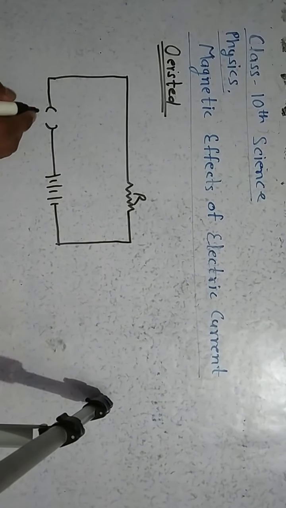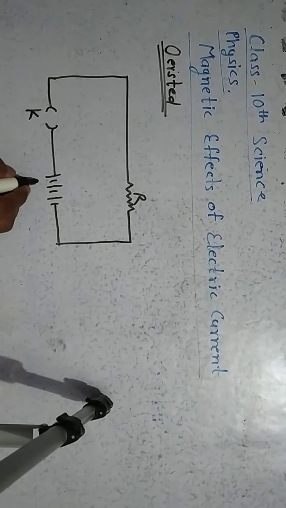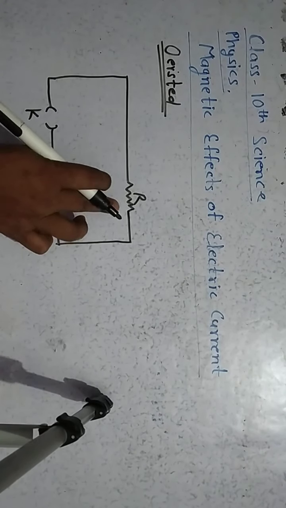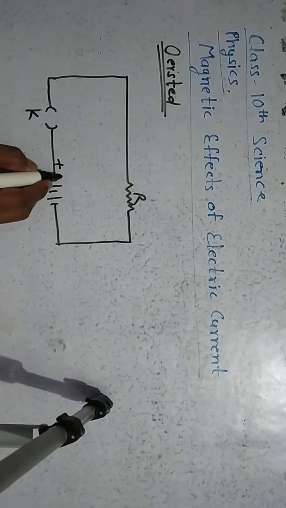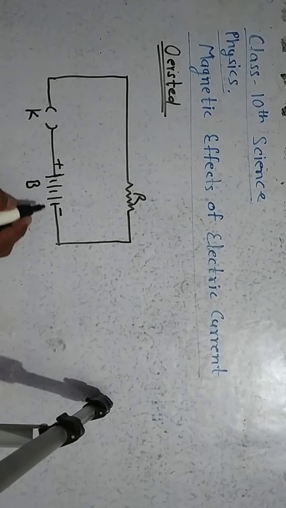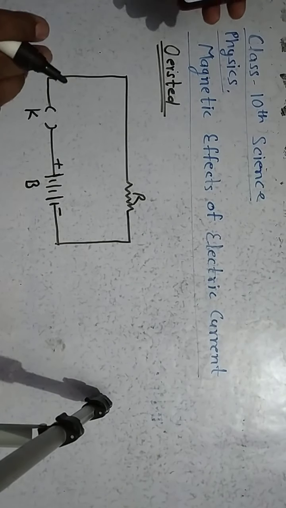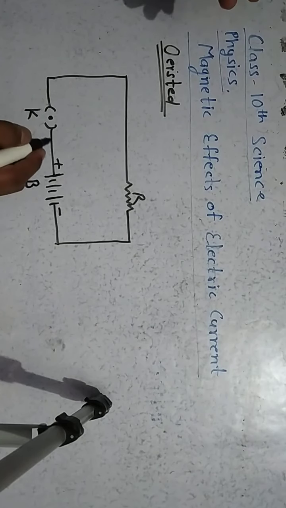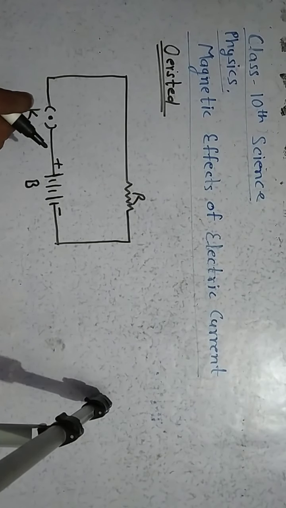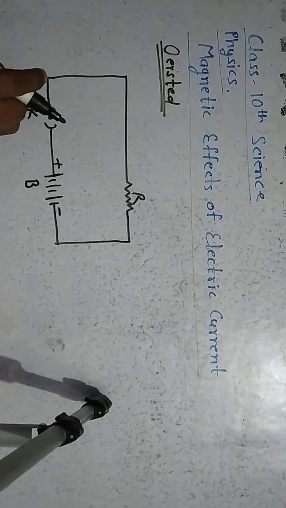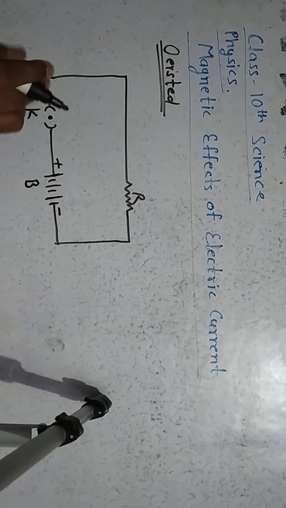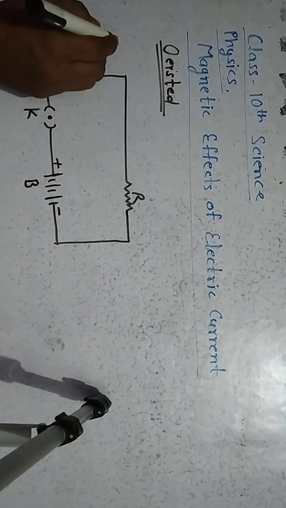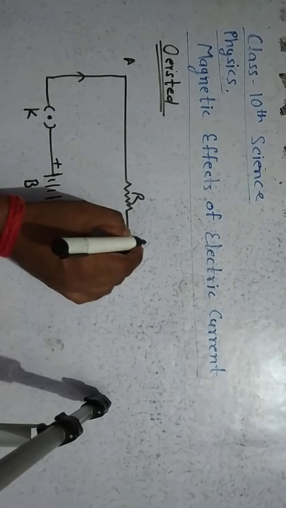This is key K, and that is battery. This is resistance. This is the positive pole, that is negative pole. When the key is inserted, or we turn on the switch, current passes through the wire AB,